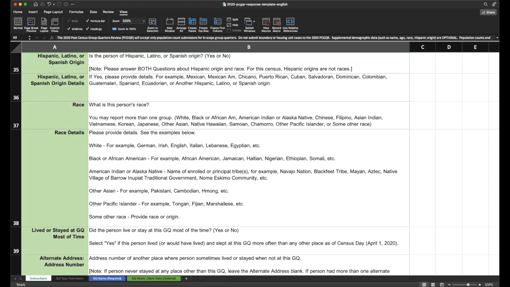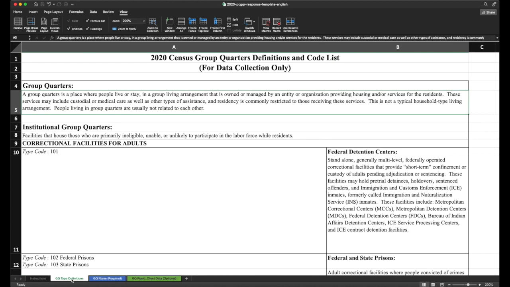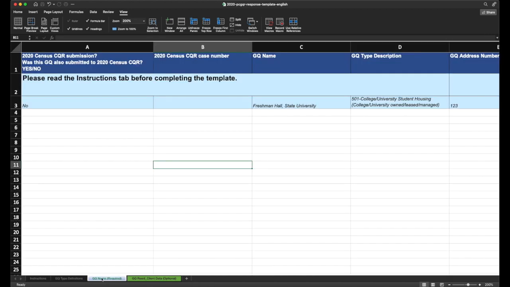Once you open the file, you'll see that the first tab provides guidance about the template and definitions. On the second tab, you can review group quarters type definitions. The group quarter name tab is required, and you will use it to provide detailed information about the group quarters and the population counts.